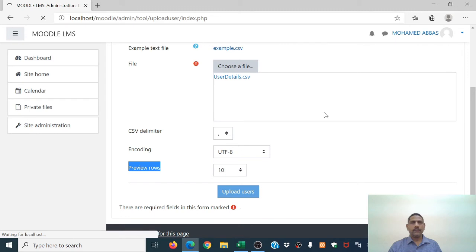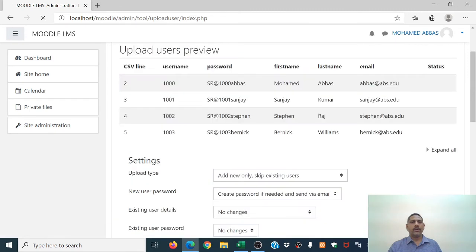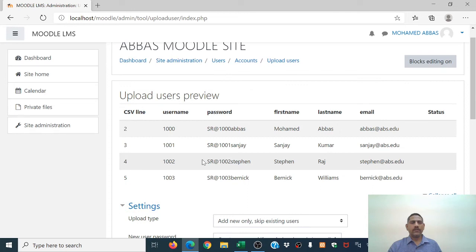This is the preview: username, password, first name, last name, email, and the CSV line is also showing. Our CSV data starts from the second line, because the first line is for the column headings.